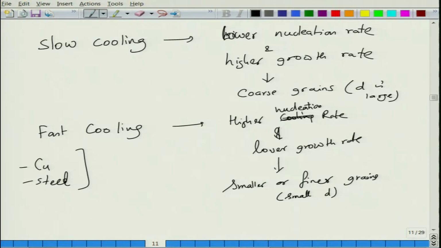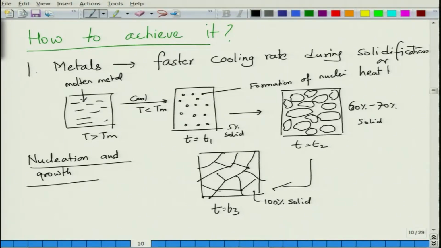Similarly, steel generally is a little complex because it's an alloy. So the room temperature phases in steels are ferrite and cementite. The distribution in the size of those phases can be controlled by controlling the cooling rate of steel from high temperature to lower temperature. Principles are the same, so it's not necessarily solidification only, it's also during heat treatment.